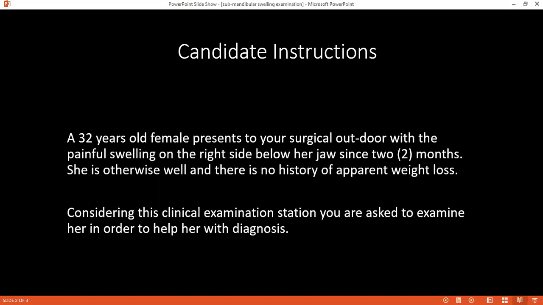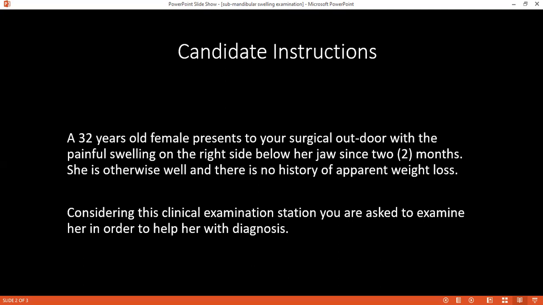So what are the treatment options that you can offer to this patient? First of all, I would like to offer her conservative management, which will involve good oral hygiene, antibiotics, anti-inflammatories, and massage over the gland. And then the surgical treatment will involve sialendoscopy, sialogram, which acts as a therapeutic as well as